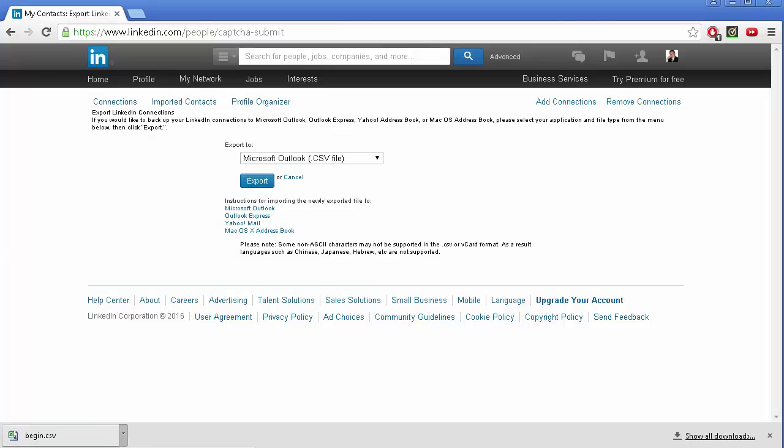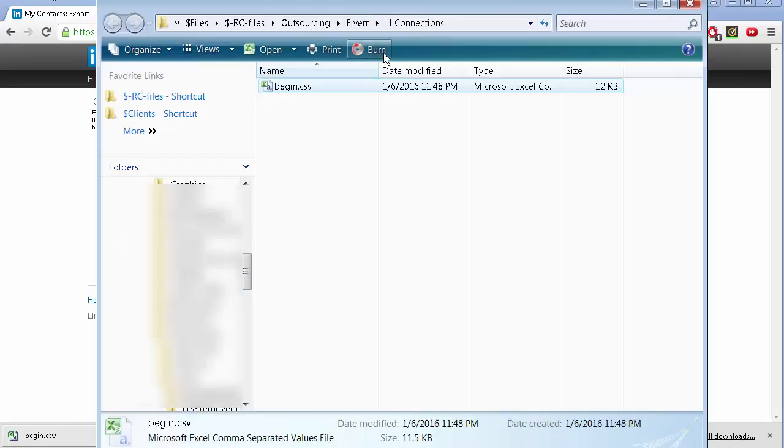Down here you click show in folder, and that will show you where you have it. Now